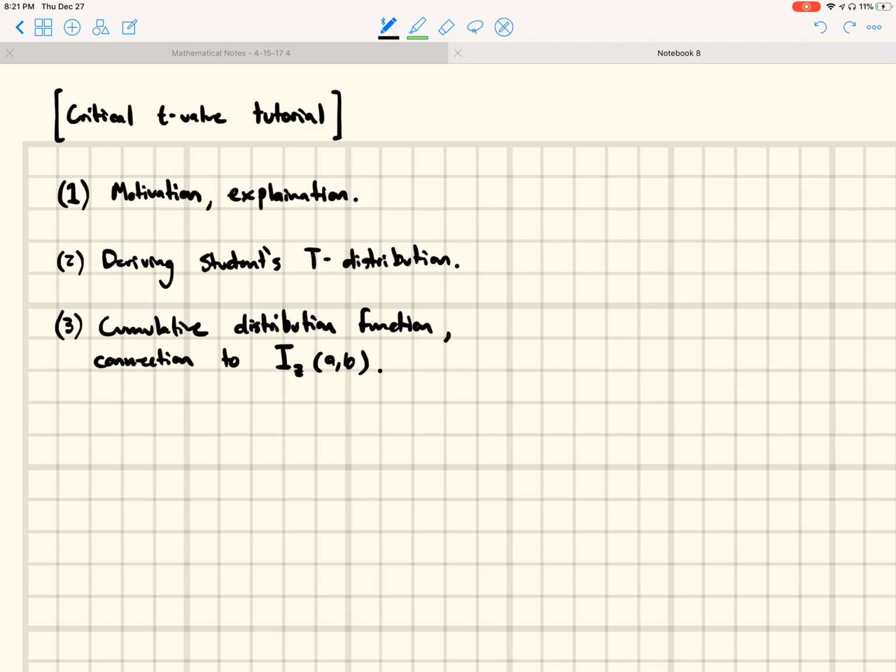Then in the third video, I'm going to derive the cumulative distribution function for students' t distribution, and I'm going to explain how that's connected to this special function called the regularized incomplete beta function, that's I sub z of a and b. That is something which I had a hard time finding online, but I'm going to do the full derivation of that because it becomes